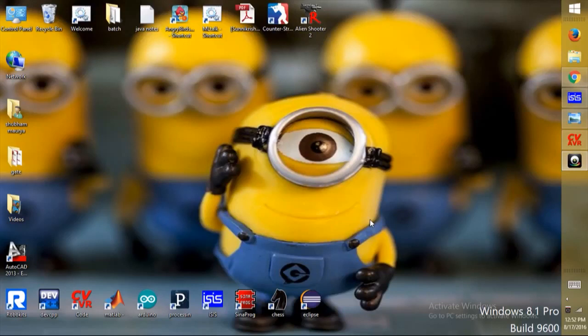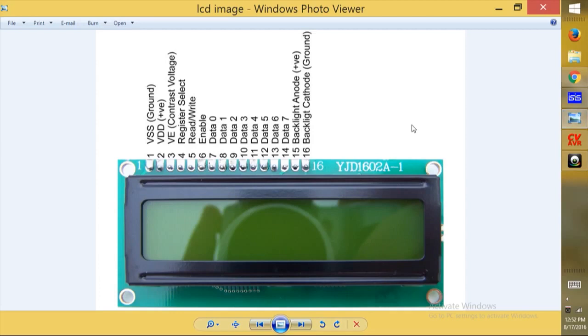So today we are going to talk about LCD, the alphanumeric LCD. This is an alphanumeric LCD which contains 16 pins. So let's talk about the pins of that LCD. The first and second are the VSS and VDD pins. We can call them the ground and positive pins, VSS and VCC, where we give the power